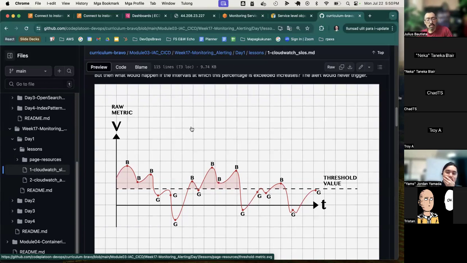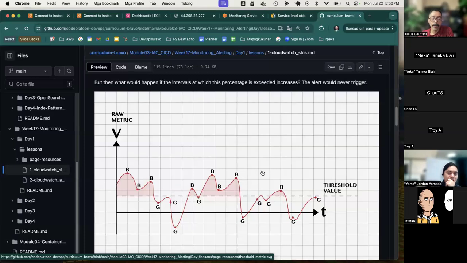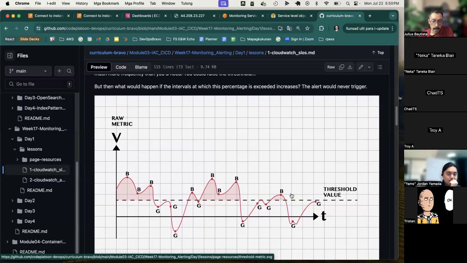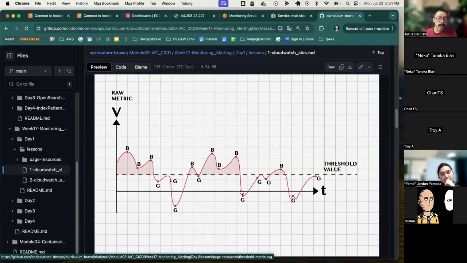So with a service level objective, with things like time frames, intervals, burn rates, and error budgets, you could have more dynamic alerting where basically, even if your service spikes and goes above a threshold, your alert is no longer written to just trigger when you go above that threshold, but instead, when you go below a certain error budget, right? Or if your burn rate surpasses a predetermined speed. And what that looks like